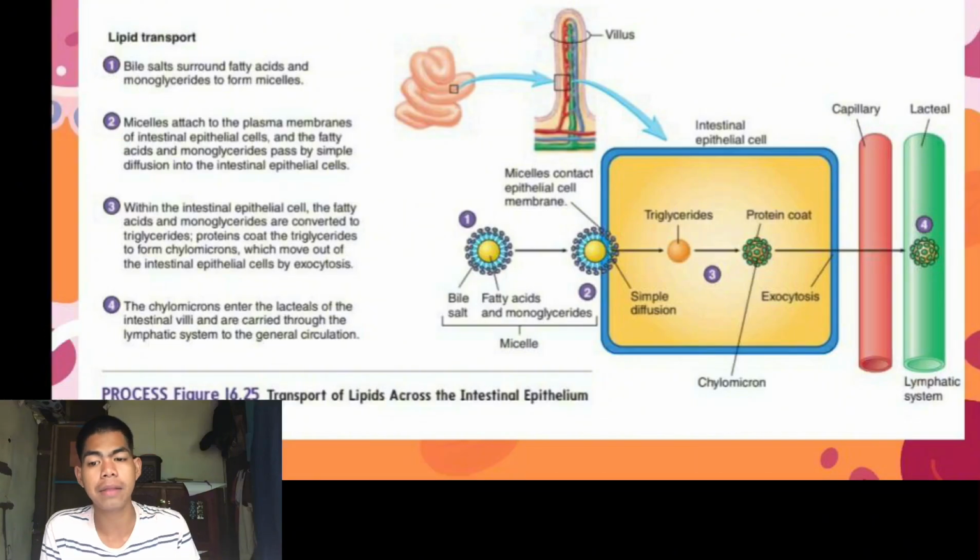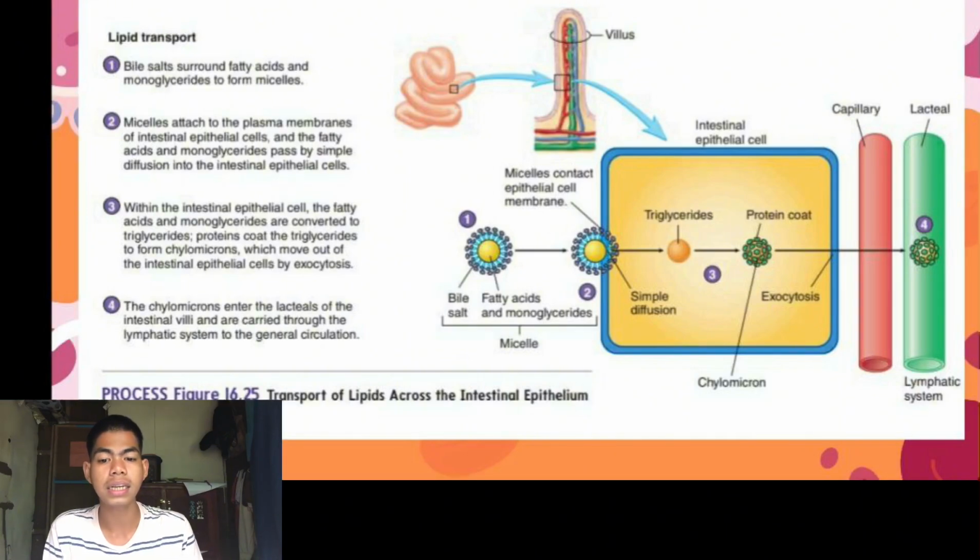Next, figure 16.25, transport of lipids across the intestinal epithelium. So these figures explain how fats are absorbed. First, bile salts from the liver surround fat pieces to form micelles, which make them easier to handle. These micelles carry fatty acids and monoglycerides to the surface of the intestinal cells, where they pass inside by simple diffusion. Inside the cell, they are rebuilt into triglycerides and wrapped in a protein coat, forming